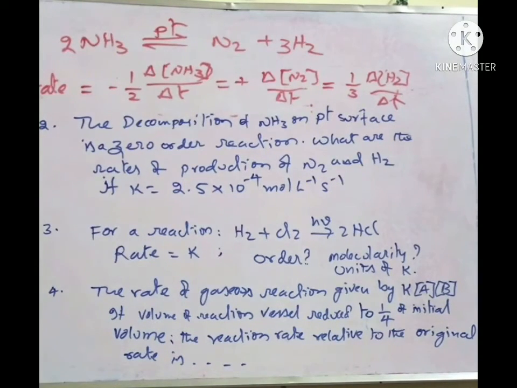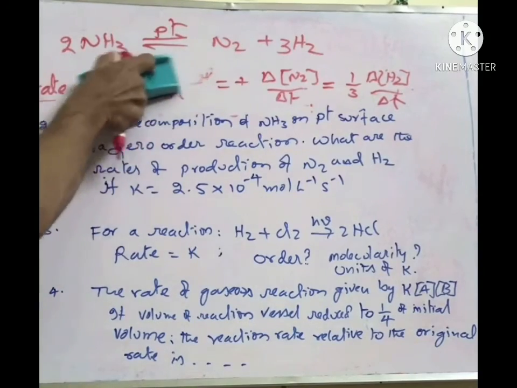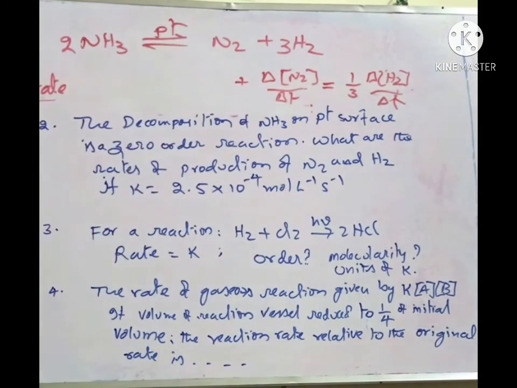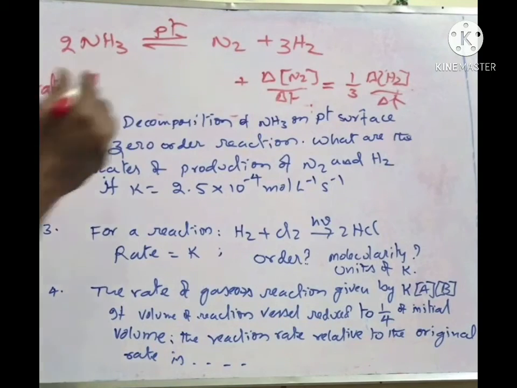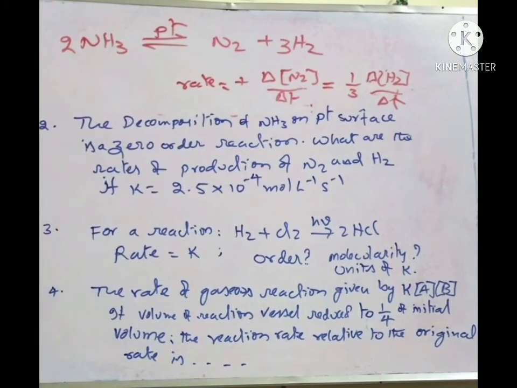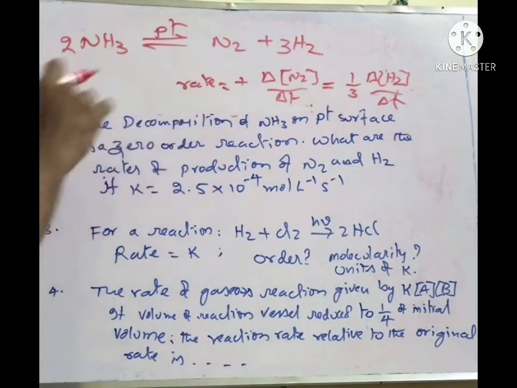So that means you need to get this delta N2, delta H2. We will get that once we know the rate. But they have given this is not required. Correct? So rate can be expressed in terms of these two terms because those two are useful for us now. Rate. So now we need to find out what is the rate value.